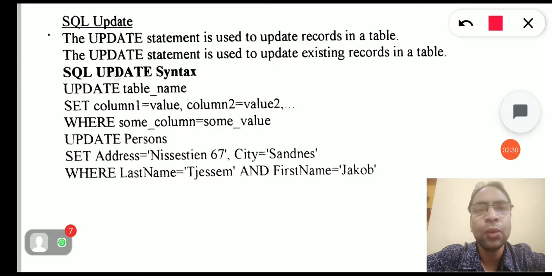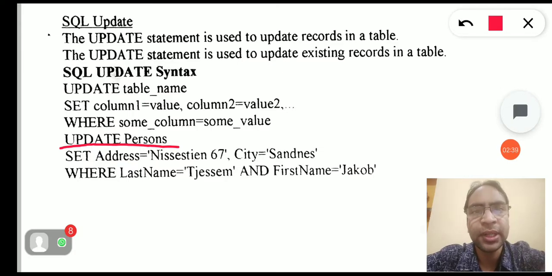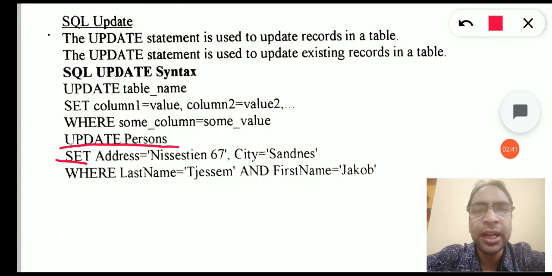So how can we do this? We'll write the update clause, then the name of the table on which we want to perform the update, then the set keyword, and after that we will write the column names with the updated values.